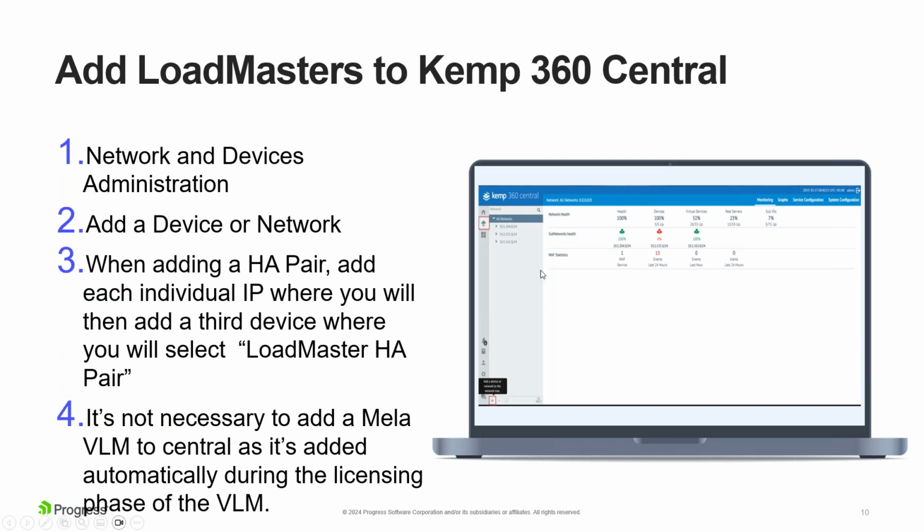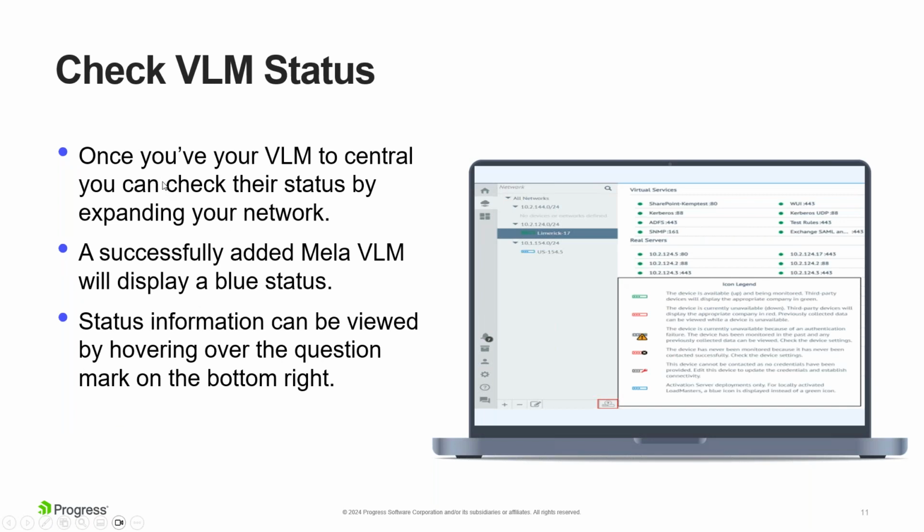Now we only offer pooled, but all of those licenses were given from Central to those units. So you don't have multiple serial numbers. It was all happening within Central. It also gives you, as you see here, now drilled in, it shows you the status of all your applications